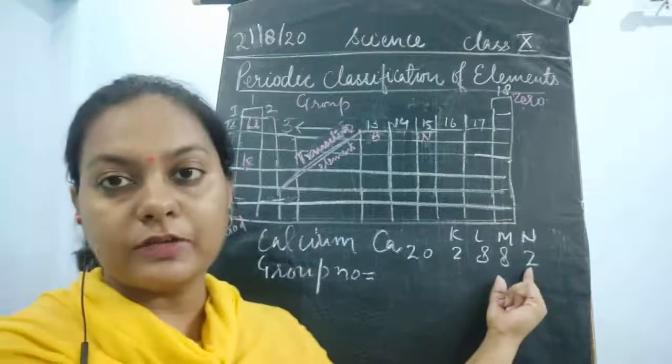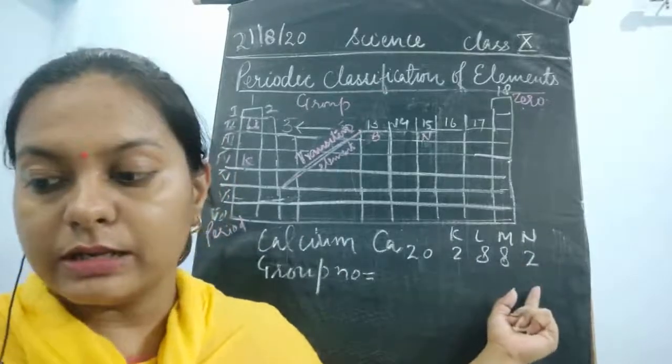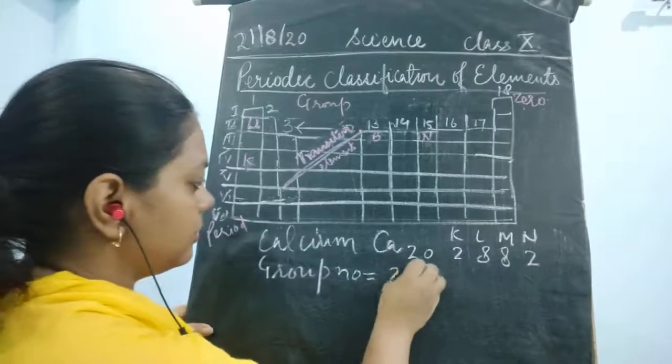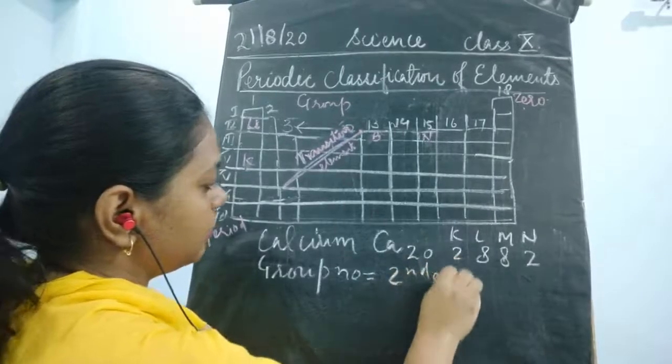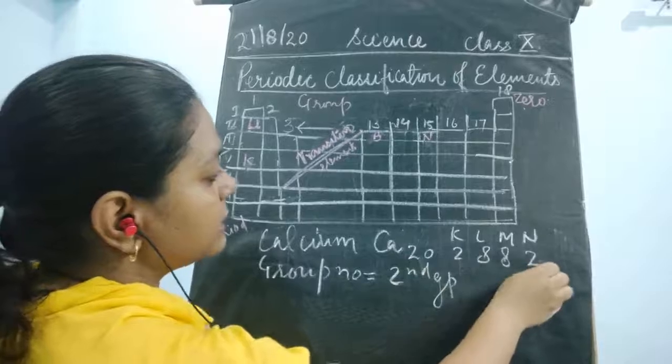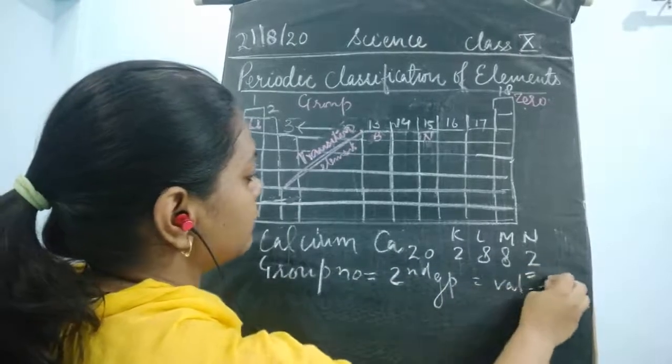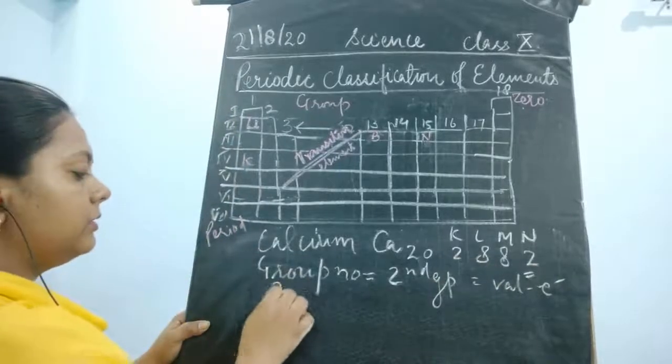How many valence electrons are there? 2 valence electrons are there, so which group is it going to belong to? It is going to belong to the second group. Why? Because it has 2 valence electrons, and the group number is equal to the valence electrons. Fine. Now the period number